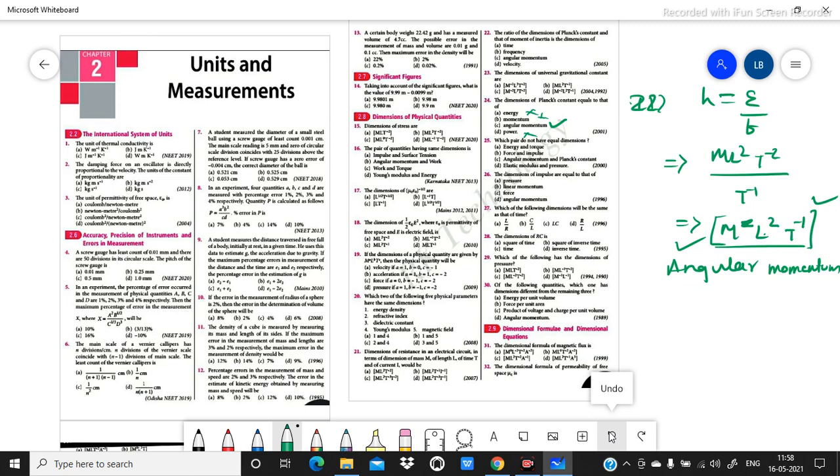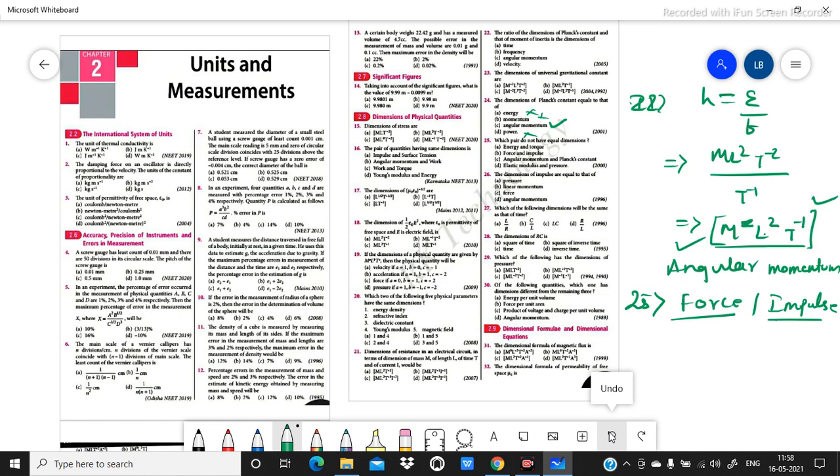So which pair do not have equal dimension? So 25 also, you have to analyse each and every dimension. So accordingly, you will get the answer. So I will say force and impulse are not having the same dimension, because force is force, impulse is impulse. They both are not having the same dimension, whereas energy and torque have the same dimension.